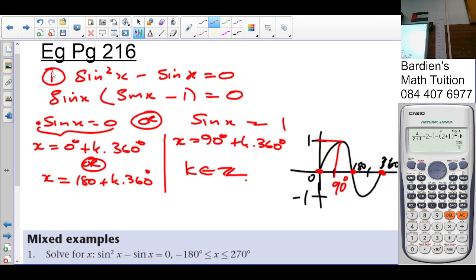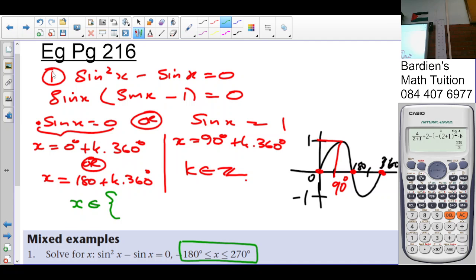But have I answered the question? Have I answered the question? No. Why? Because they want to solve for x in this given interval. So I say x is an element of